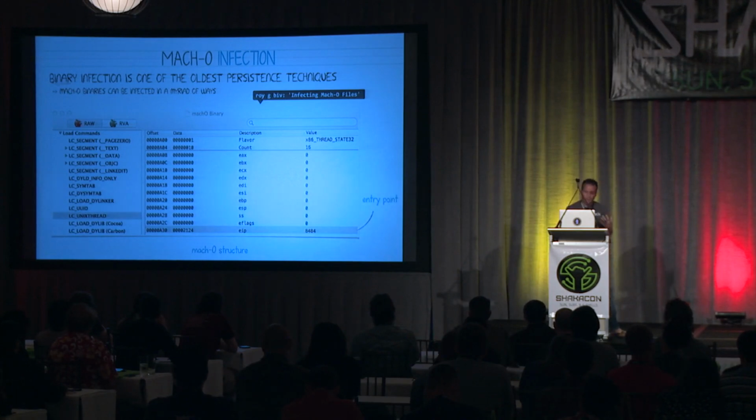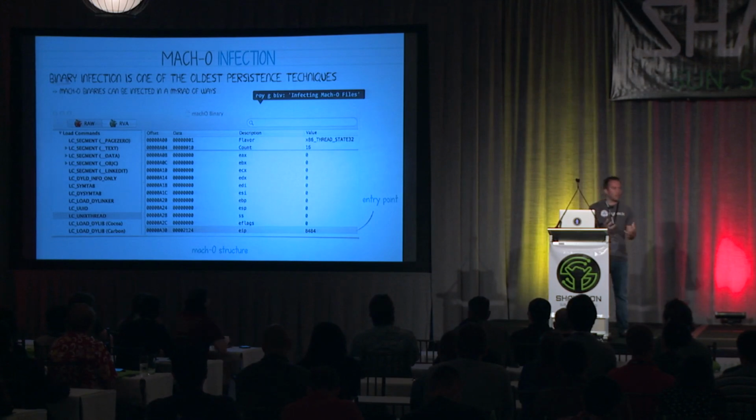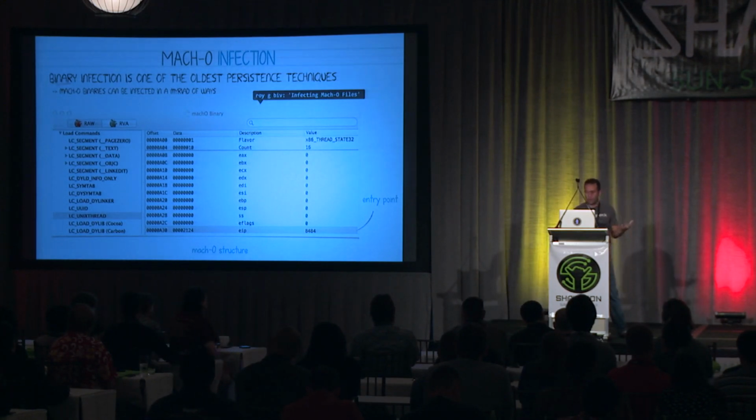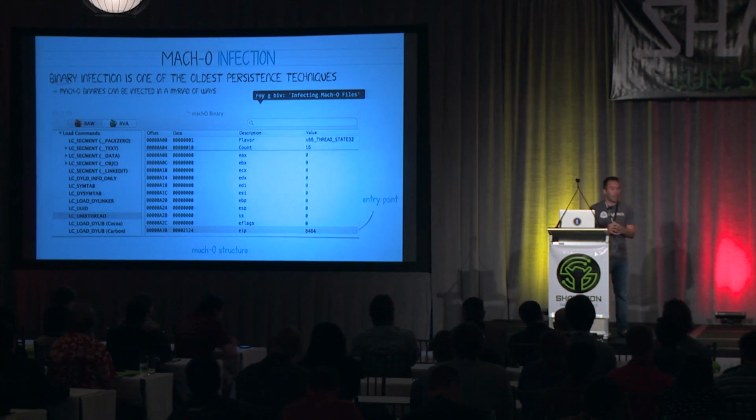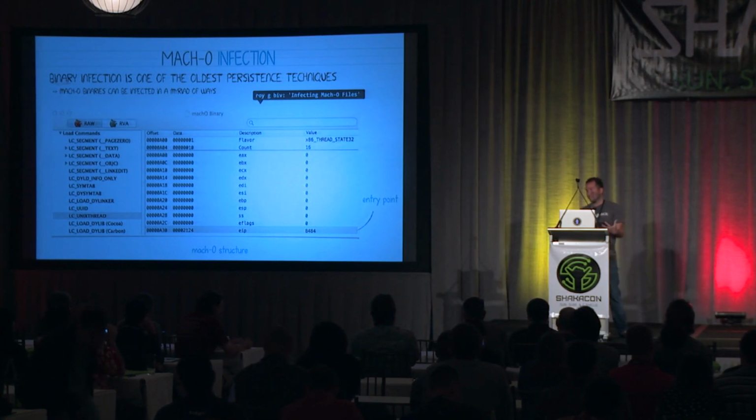So there's a lot of different ways to infect an OSX binary. The simplest way was described by one of the old school virus writers named Roy G. Biv. What it does is it injects some viral code into a target binary and then hijacks the entry point to point to the viral code. This ensures that the virus's code is executed whenever the application is run. So an attacker might infect the user's browser, their chat client, their mail client, something that is commonly executed to ensure that the virus or the malicious code is executed as well.